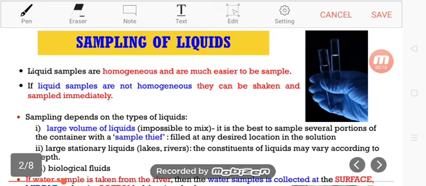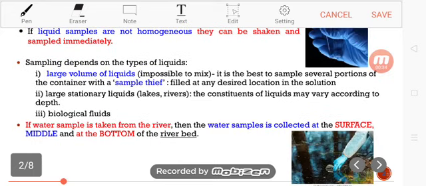Sampling of liquid samples is much easier because liquid samples are homogeneous. If liquid samples are not homogeneous, what you should do is shake the container, then sample it immediately. To sample the liquid, it may depend on the types of liquid itself. So if, let's say, you deal with a